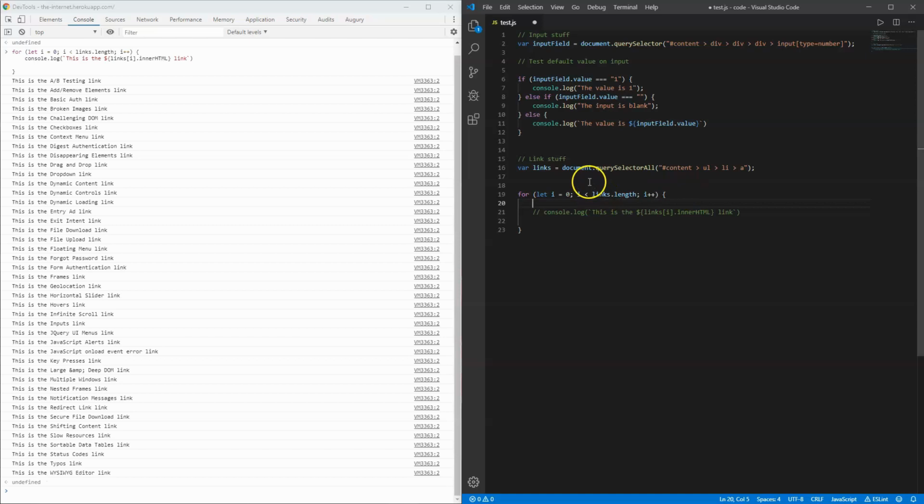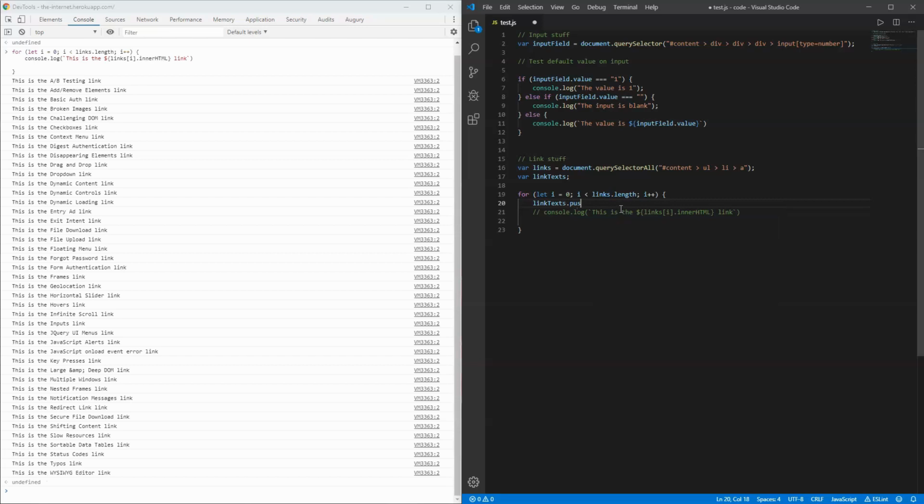So let's create an array. So our link texts, probably not proper English, but let's just do that because there's multiple links, link text. So we can do linkTexts